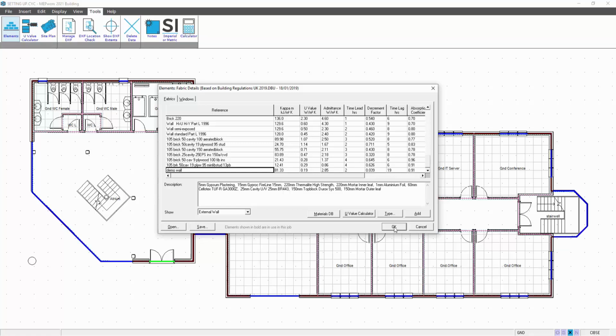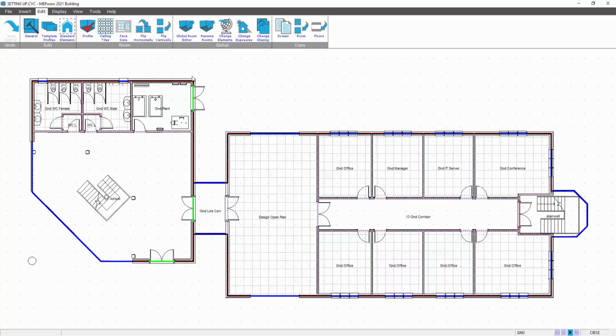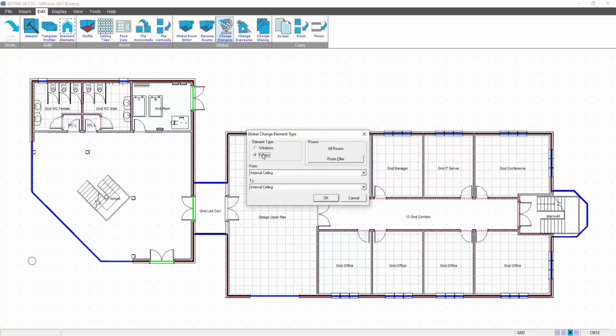Now what we want to do is change from one material type to another. So I want to change from the existing material, L1A 2013 wall, and I want to supplement and use now the new construction. So this is where the edit menu comes in, and we go into the global change elements, selecting the fact that it's a fabric, and we're going from L1A 2013 wall, and we're changing to the new demo wall construction. Now we can filter these rooms, so we could apply a room filter on a floor by floor basis, or just tick the rooms that we're doing the entire construction. So when I then select OK,